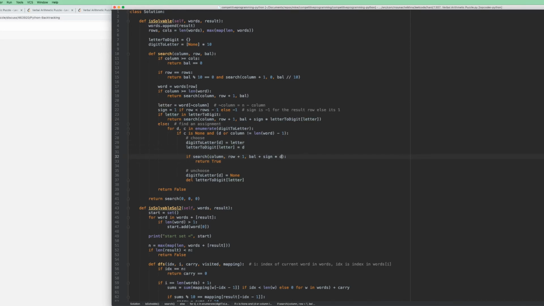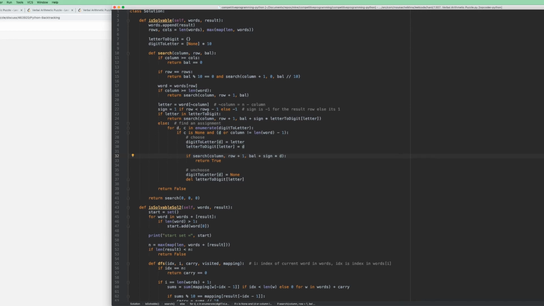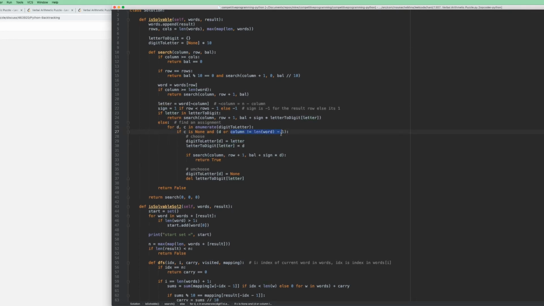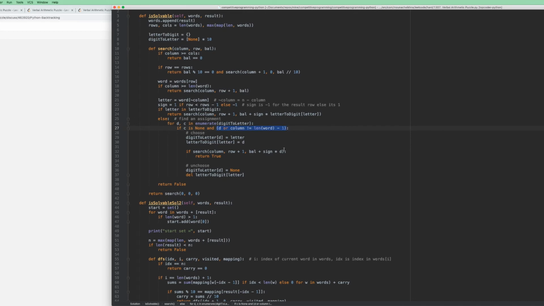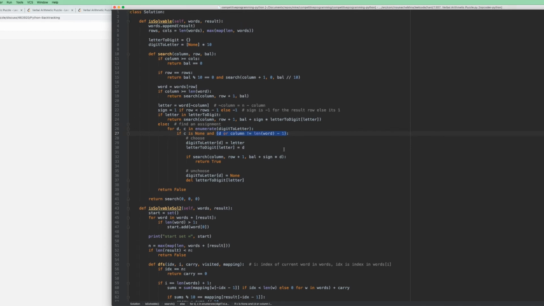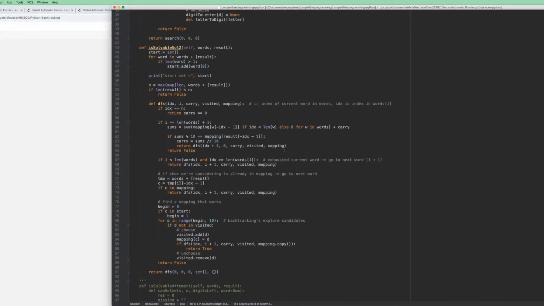Try the next one, and the balance is the same thing, digit here. Okay, I think I understand it all except this portion here. Okay, I think I'm going to go with that one because